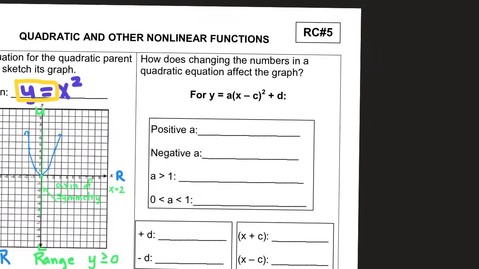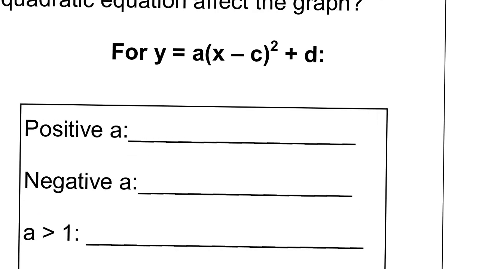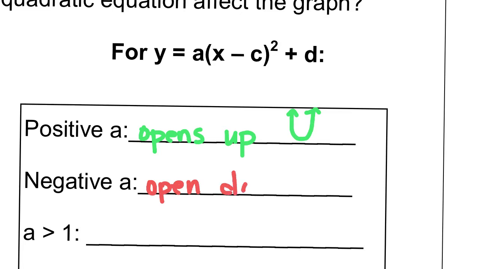Now let's look at the next question. How does changing the numbers in a quadratic equation affect the graph? So looking at this function, this is in vertex form, a positive a would mean that it opens up. Like this. However, a negative a means that it would open down. Almost a reflection